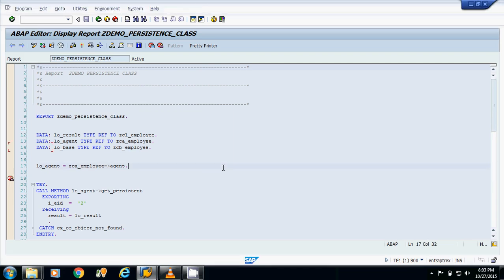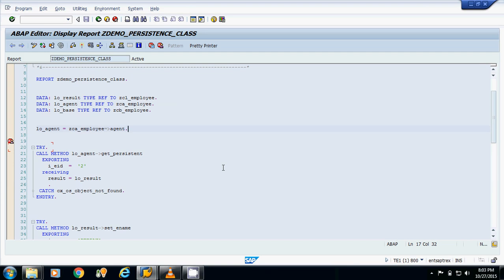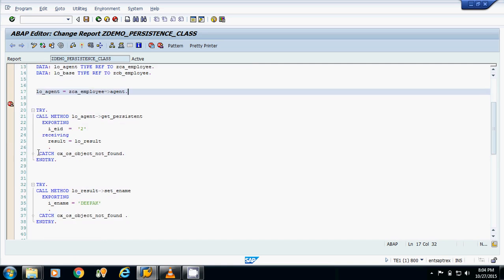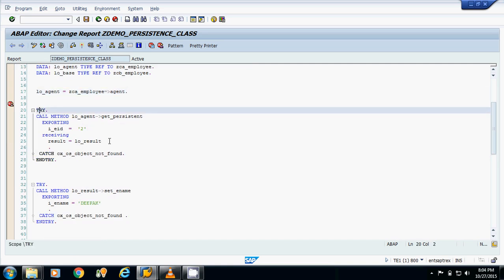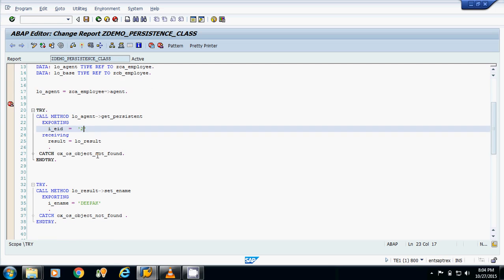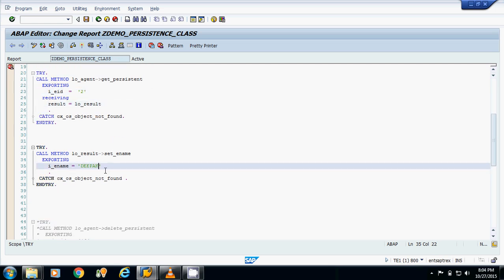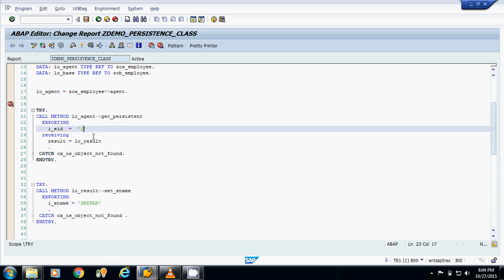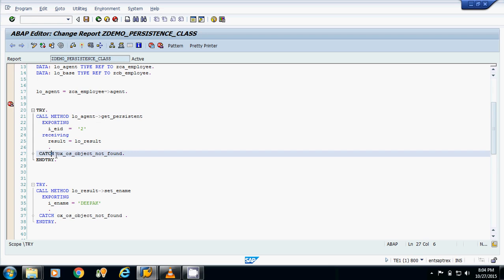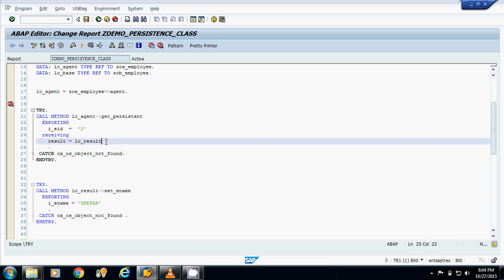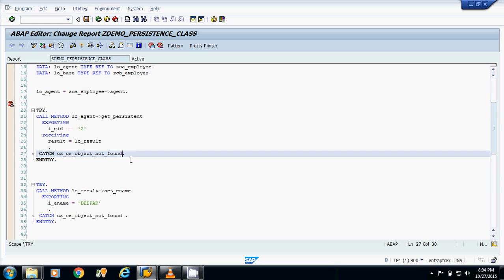So far we have covered the delete operation, the insert operation, and the update operation with the help of the persistence class. Now we have not covered this: when we take the update operation, you are passing employee ID 2, and for this employee ID you are setting the name to Deepak. Suppose I pass employee ID 80, which is not in the database table. In that case the process will automatically go to the catch block, so we have to handle the exception.